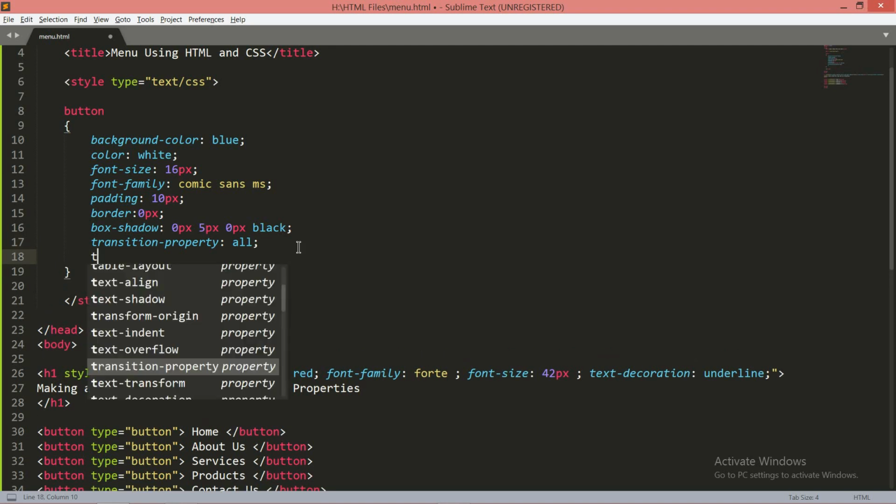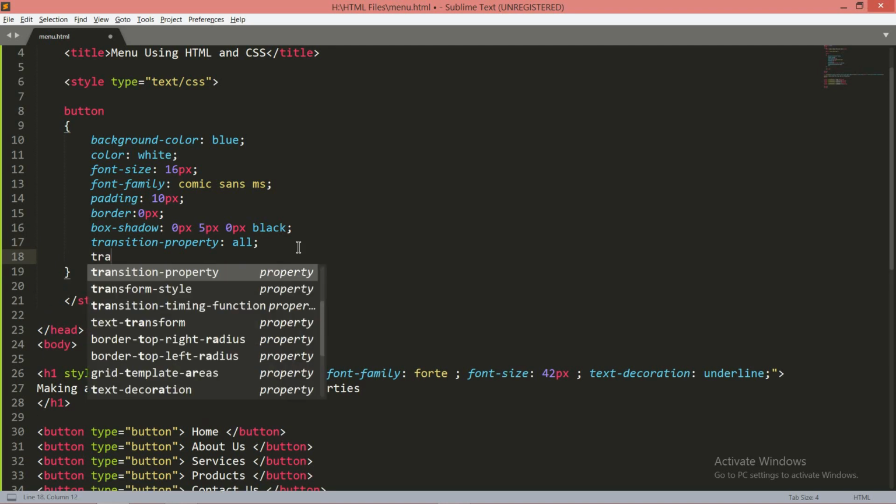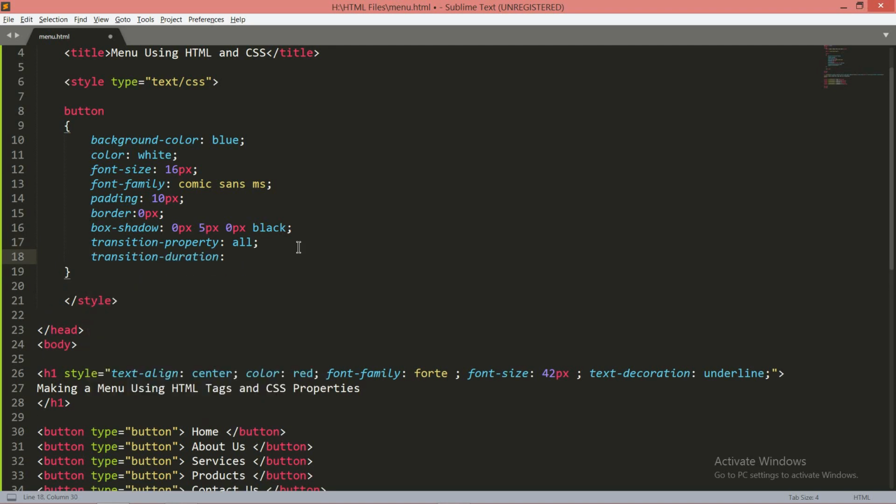And after that we have to implement one more property, that is transition duration, that is I say 1s, that is called 1 second. If you want to set this transition animation up to 5 seconds, you have to mention 5s, whatever duration you want to set. I want to set it as 1s, that is 1 second.